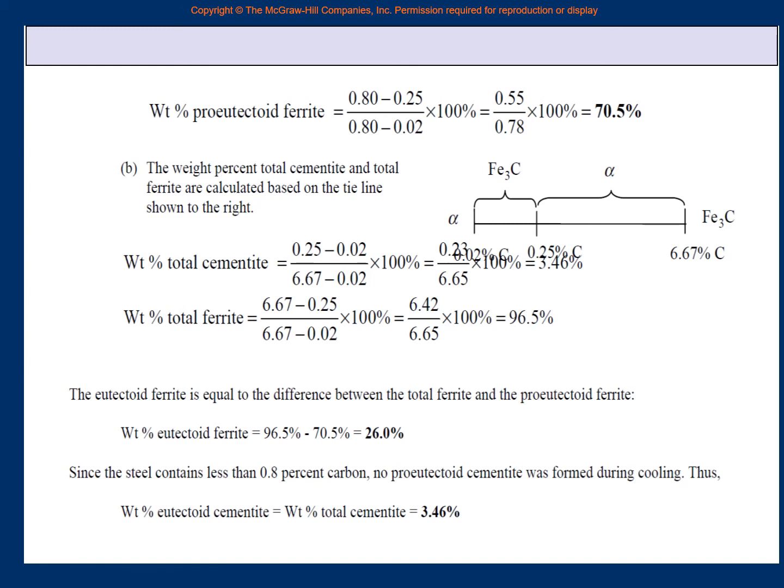Just above 723, because that is the temperature, right? Draw a vertical line on 0.25% and draw a horizontal line just above 723. So then you will see that that tie line cuts on the left alpha at 0.02 and on the right it cuts gamma at 0.8 and so on. And as soon as you have the tie line, you can do all the calculations. You know what are the compositions. The composition of alpha is 0.02% carbon. The composition of gamma on this tie line, 723 plus delta T, the composition of gamma on your right, extreme right, is 0.8% carbon. And the composition of the original steel is 0.25% carbon. So the compositions are there. Once the compositions are there, just apply the lever rule.